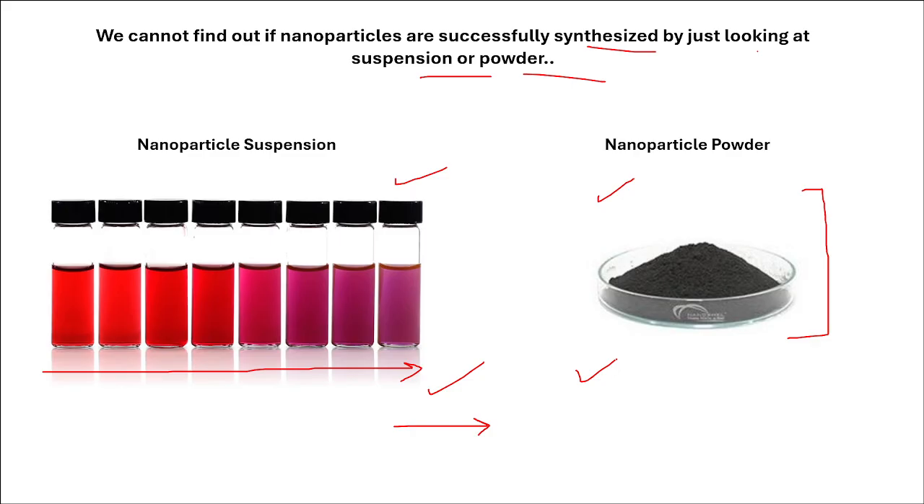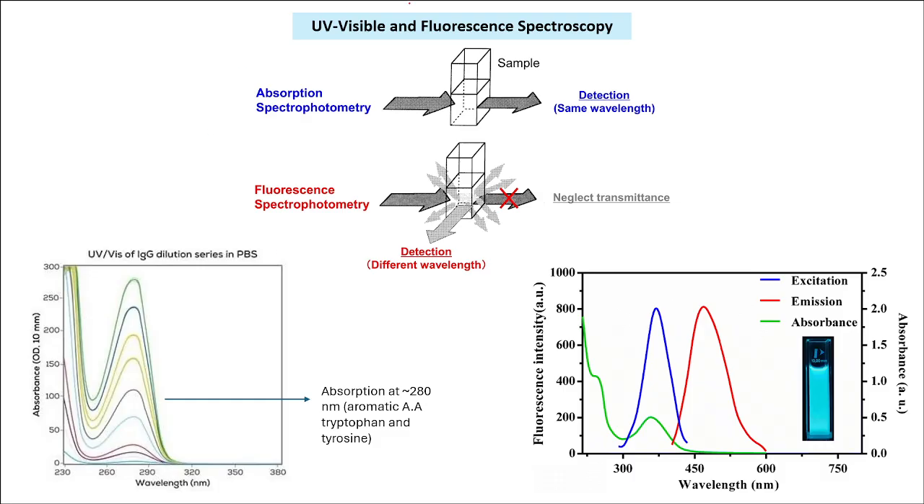So, in order to experimentally prove what you have synthesized, there are different methodologies available, and we'll deal with them one by one. The first one is UV visible or fluorescence spectroscopy. In UV visible, which we also call absorption spectroscopy,